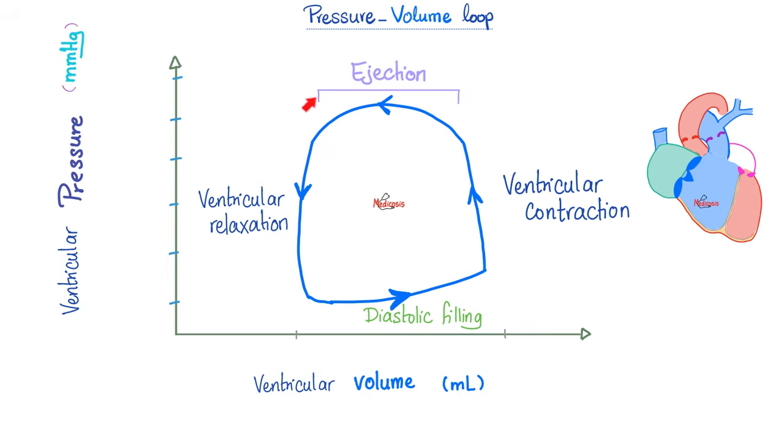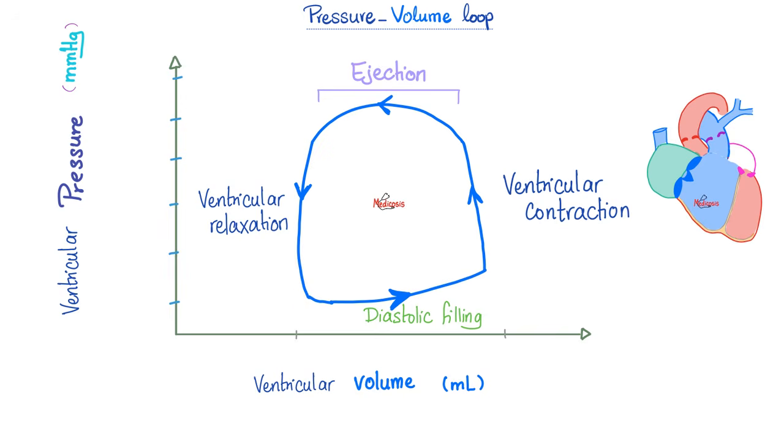Rapid filling, reduced filling. How do you get the blood to come to you? I have to relax first. In the beginning, it was isovolumetric. What do you mean by isovolumetric? I mean the volume did not change. From this point to this point, I'm still on the same point on the x-axis. Isovolumetric relaxation. After this, the mitral and tricuspid valves will open and the blood will gush into the ventricle and